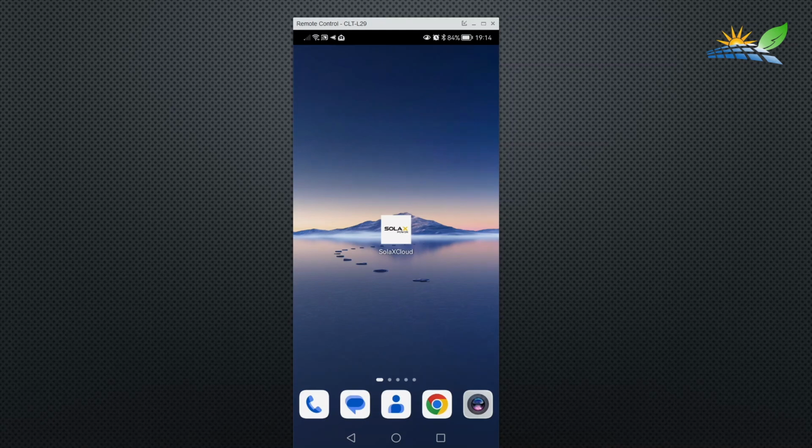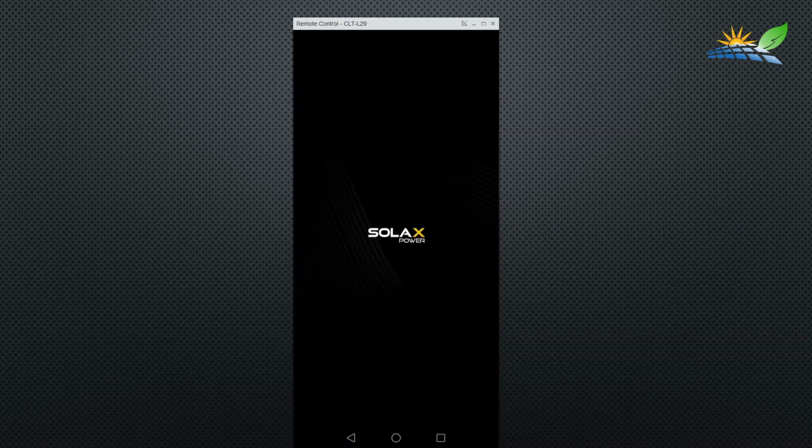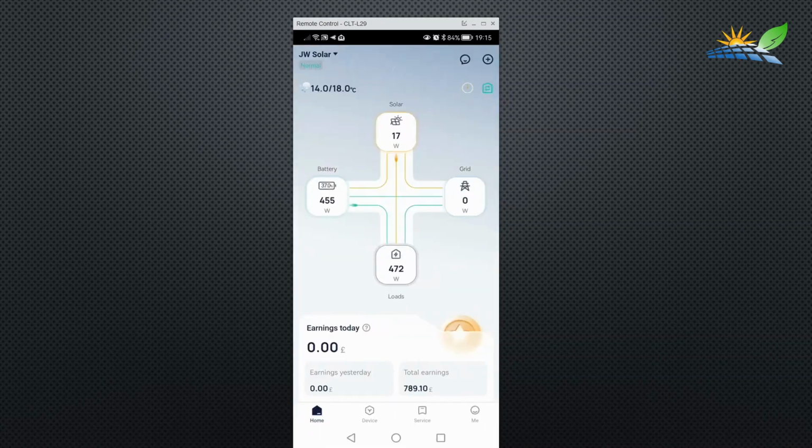We're just going to take a quick look at the new version 6 of this Solax app, which is due to be released in the next couple of weeks. This is a beta copy, so we can't expect it to go very, very smoothly, but I'd just like to show you what is and what isn't included and the feedback that I've given and the way that Solax have responded to that. I'll just load up the app here, and as you can see, it's very quick to populate